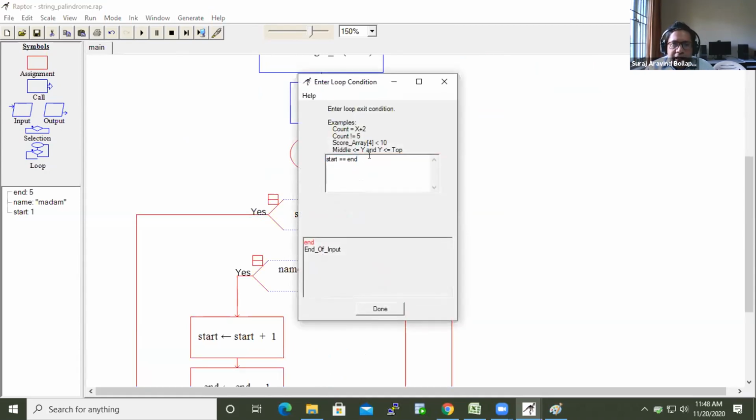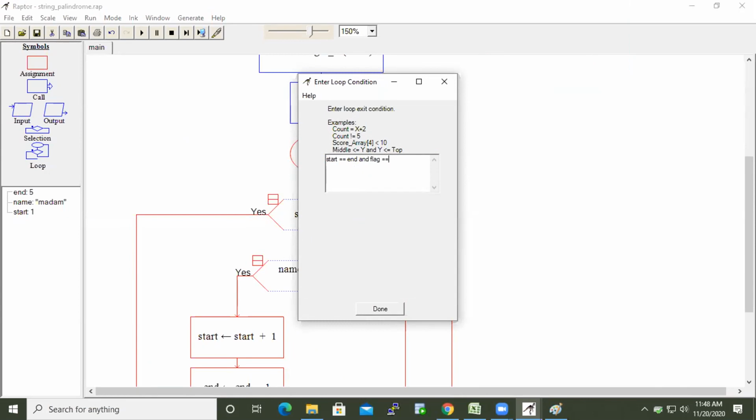So in the loop, we write one more. I think we can use end. How do I know that I can use end? Because he is giving examples here. Middle less than or equal to y and y less than or equal to top. So you can put multiple conditions in the loop. So I will use flag. Sir, if we use end, then both of the conditions need to be satisfied, no sir? Yes, yes. Then it won't come out of the loop, no sir? When it is no here, we will modify the flag to 1.